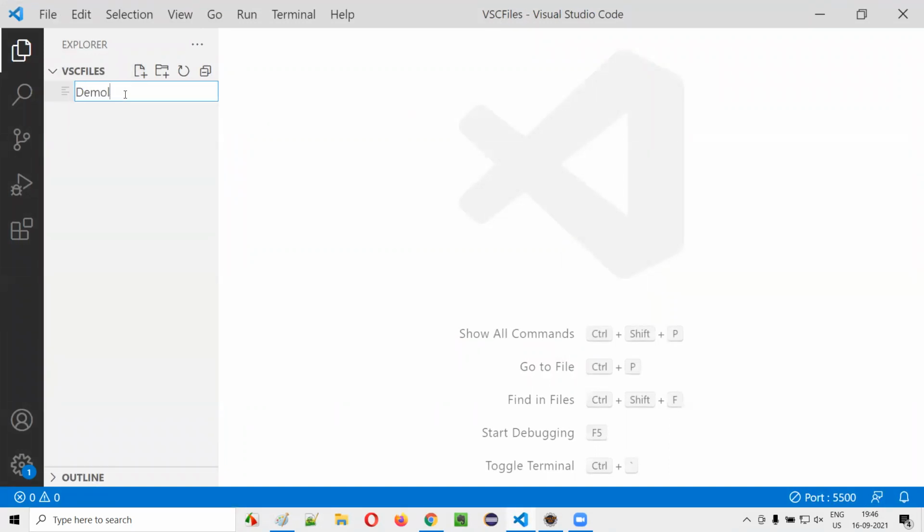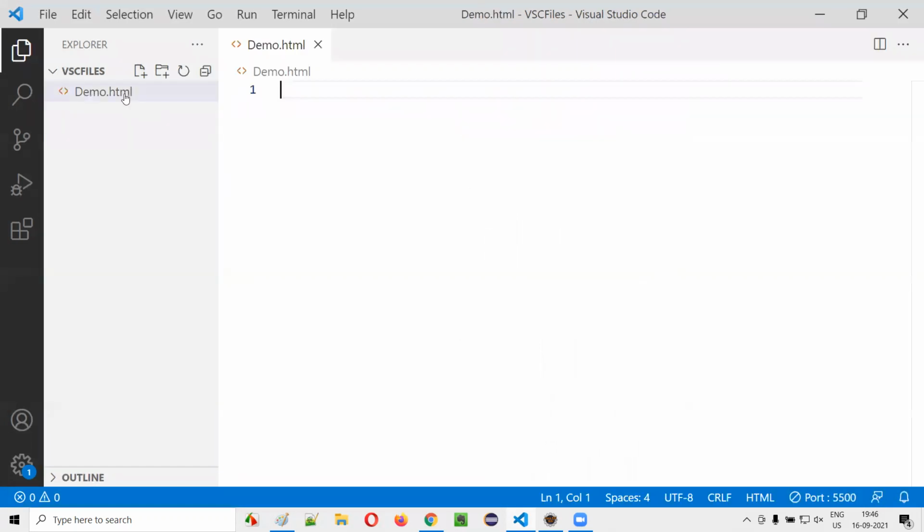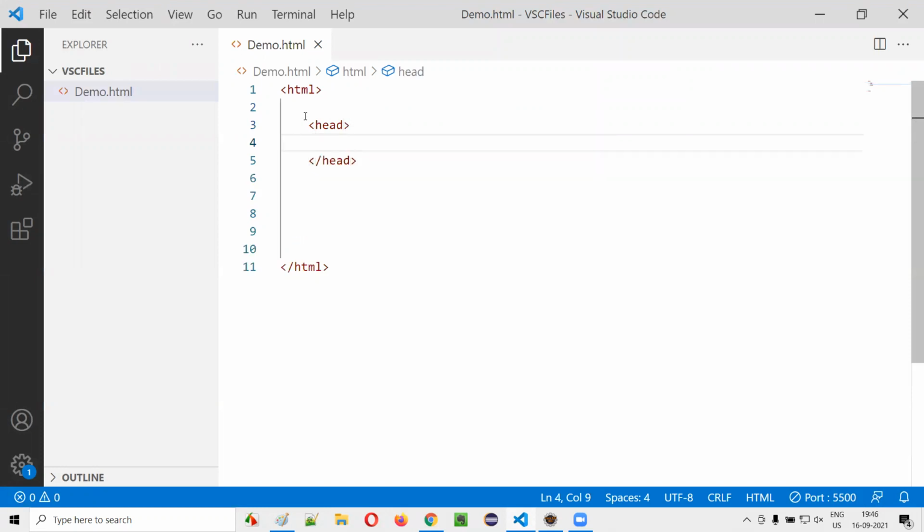Say demo dot html. Practical demonstration I'm doing, guys. How JavaScript can use DOM and access and modify the elements of an XML file. I'm going to demonstrate practically here. So I'll create an HTML, guys, starting of the HTML and ending of the HTML. And inside the HTML, we have the head and body tags.